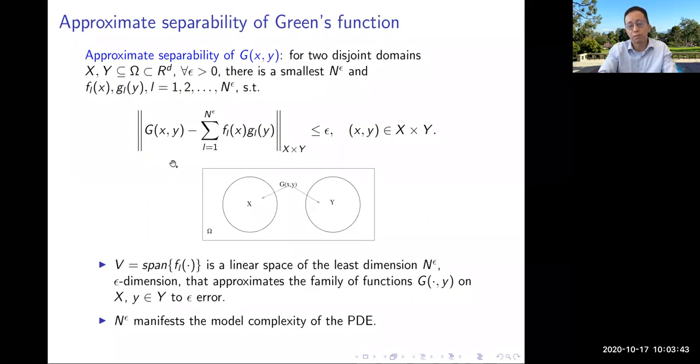Another way of saying this, I think the intuition is basically, if I give you the Green's function at a neighborhood location y, can I infer the Green's function at my point? If you can, that means this is not very rich, because I only know a few, then I can interpolate. In linear algebra, you use certain columns to approximate the whole columns. This is exactly related to that.